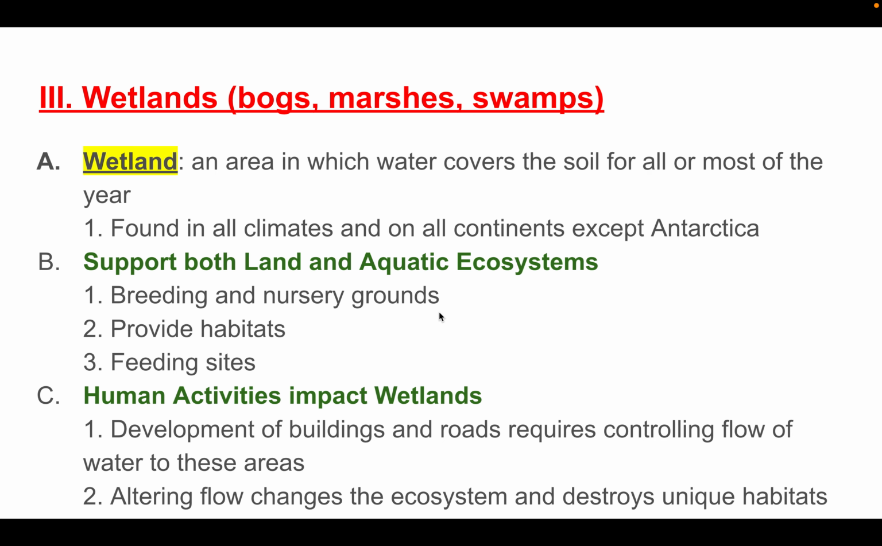Wetlands, okay, is also very valuable to us. So wetland is an area in which water covers the soil for most or all of the year, and we find them all over the world except for Antarctica. But wetlands are extremely important because they are breeding nursery grounds for animals. They provide habitats and feeding sites, and our activities can impact wetlands. So like when we build roads or buildings, we want to make sure that we don't impede the flow of that wetland,